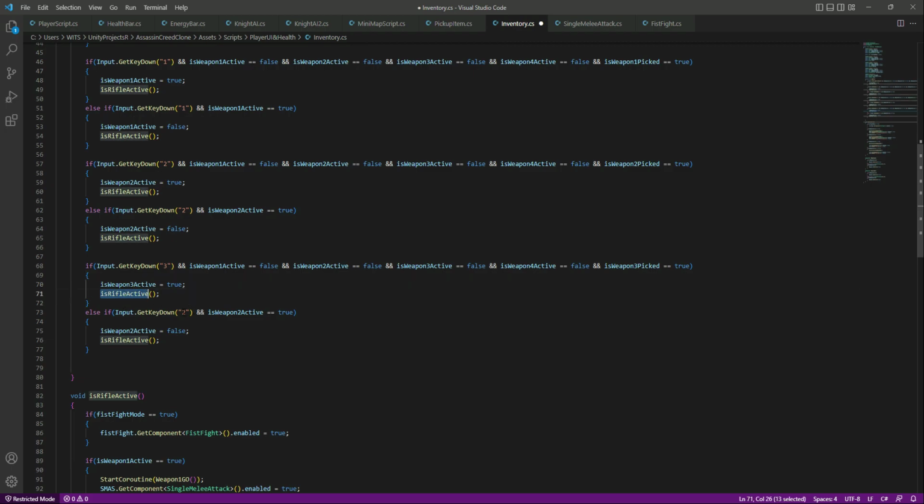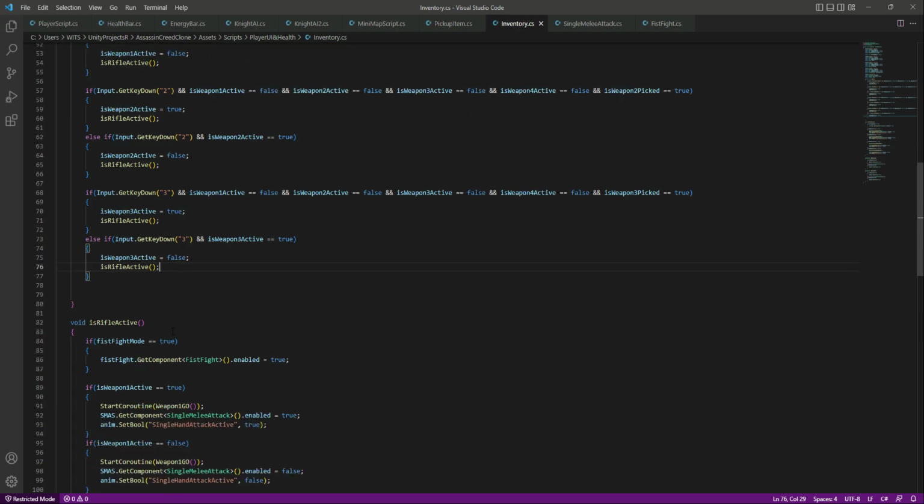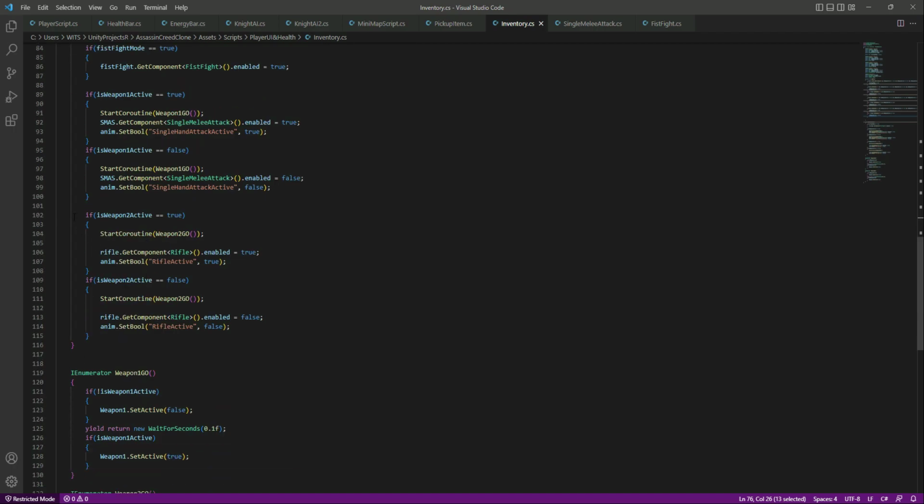Then if we press the 3 button and is weapon 3 active is true, then we will set it to false. If it is already true, we will set it to false, or you can say we will deactivate it. Then on the is rifle active right here, let me copy this